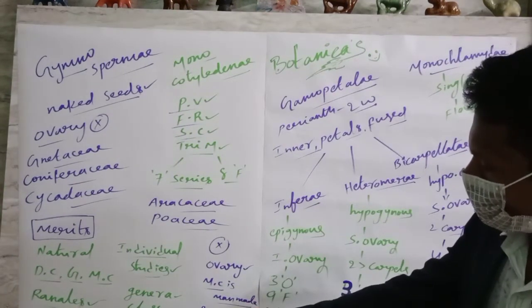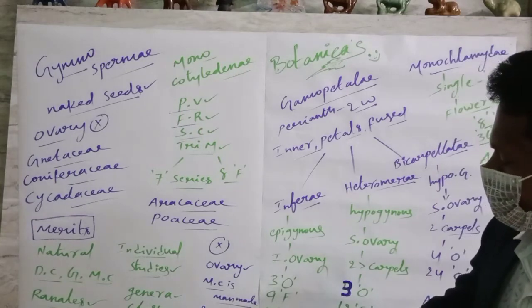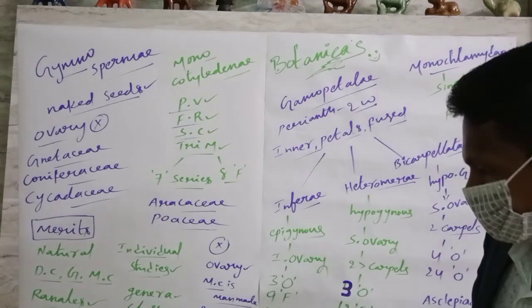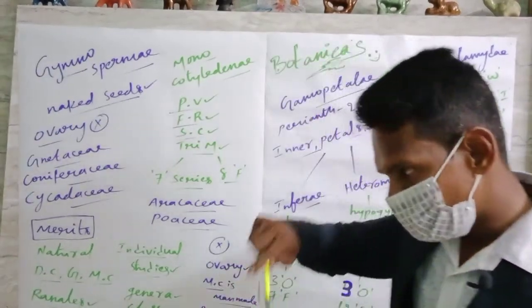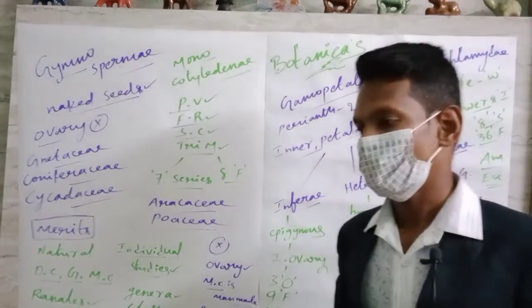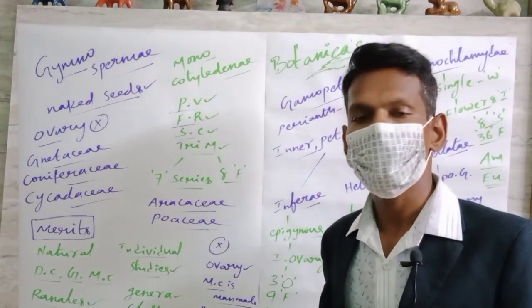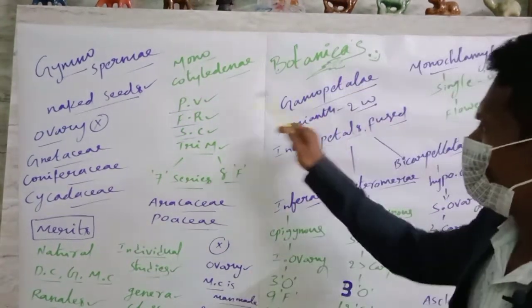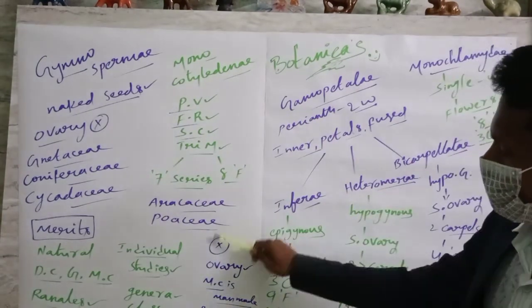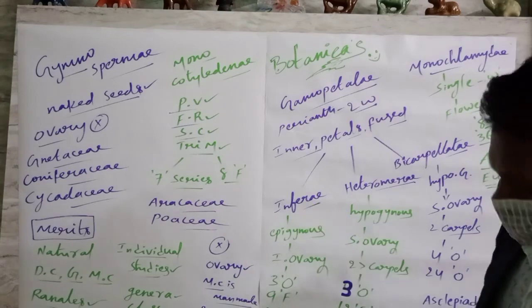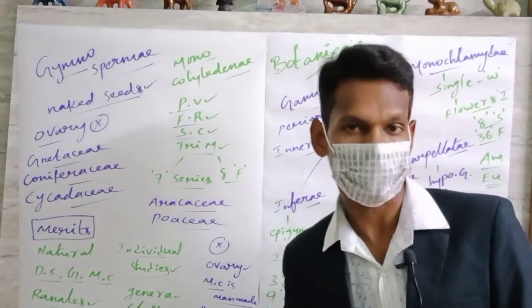Next, the final demerit in this classification system is that phylogenetic information is not considered. Phylogeny, in the sense, the evolutionary history of a plant or an organism, is known as phylogeny. So here evolutionary history is not taken into consideration, only the morphological characters. This entire system was given by the scientists Bentham and Hooker, Britishers or Englishmen.